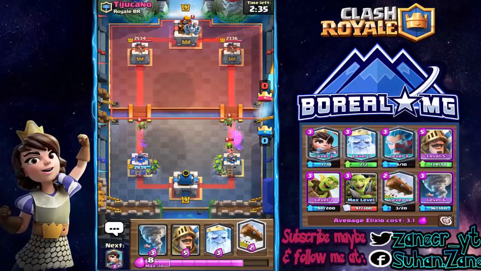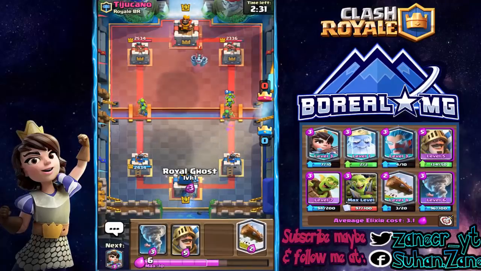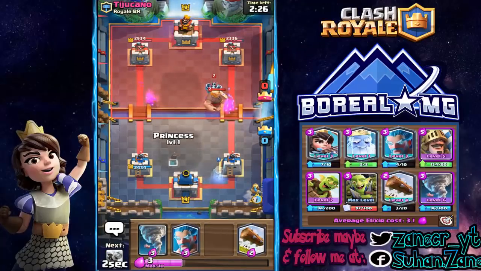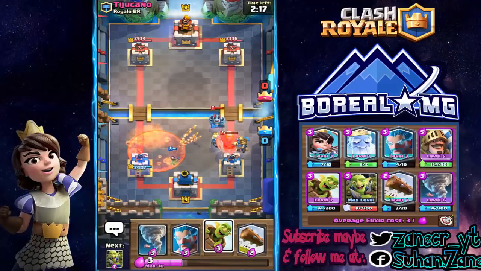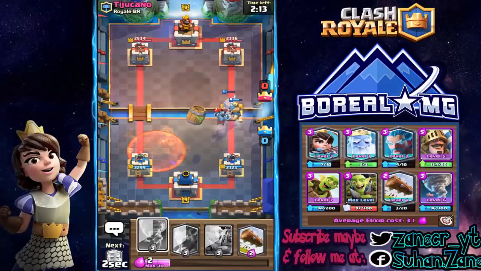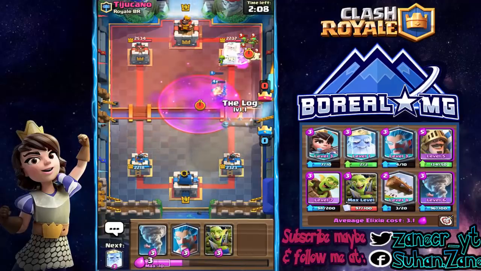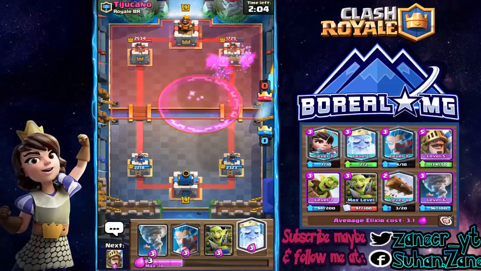Okay. This, I'm really not sure what this is. So we're gonna put a royal back at the back. We're gonna get a prince charging up. Also a princess to provide a bit of splash. I think it's a good time to use my goblin barrel. And we are also gonna log it, because so far I have not seen anything else other than the goblin